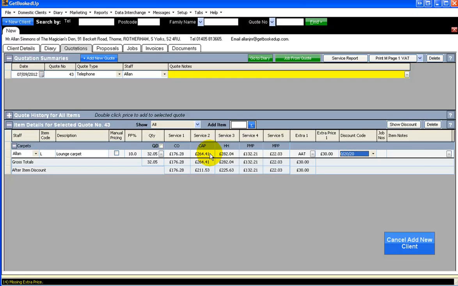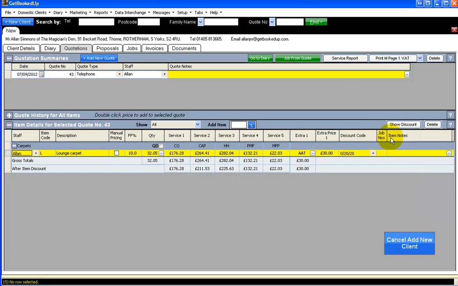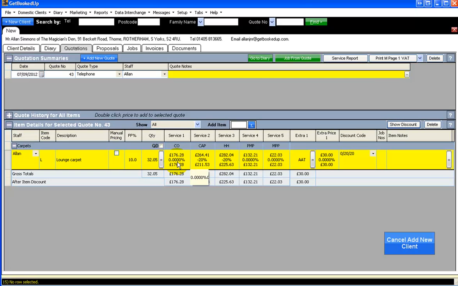If you want to show the discounted price, you can click this button here that says show discount, and that will show you what the discount is within each service. You see that the clean only price here was £176.28, and there is no discount on this, so that's the full price. If we look back to the discount code, you can see that it's 0, 20, 20,